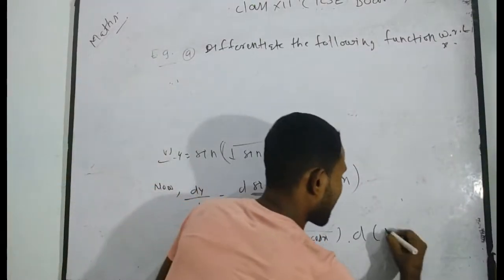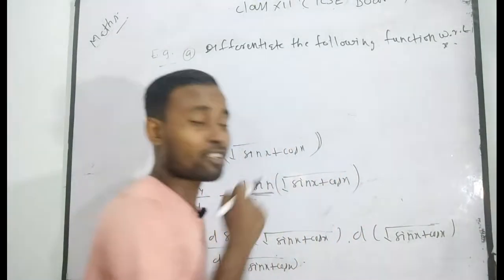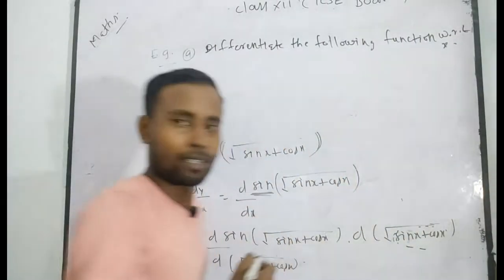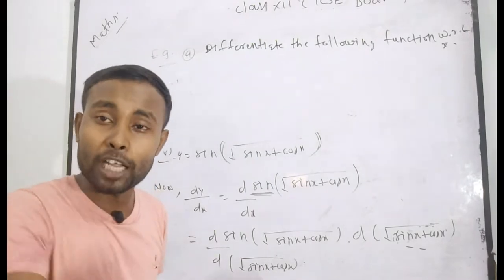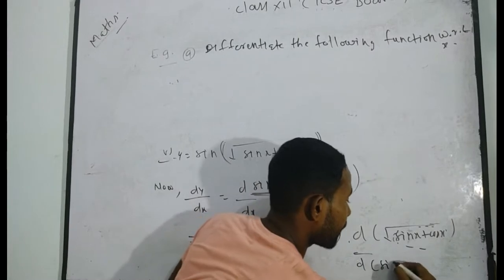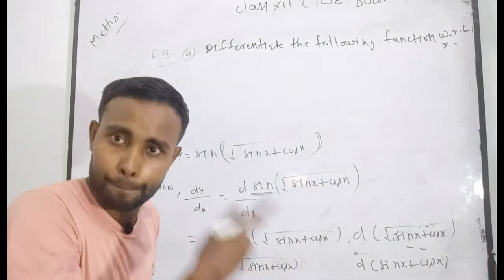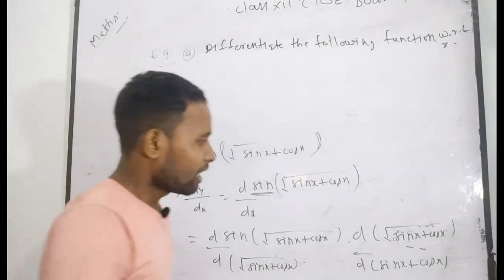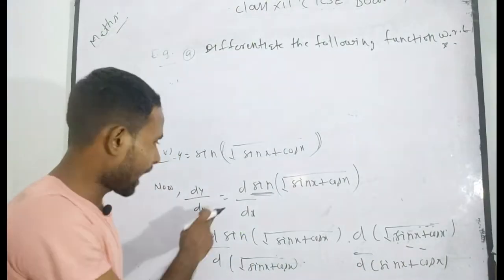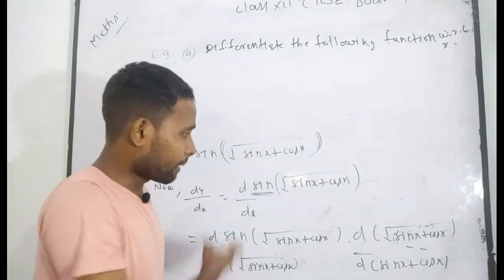If you take the derivative of root under sin x plus cos x, you see the outer function is root, and suppose this is p, in that case it becomes root under p. As you know, root under p is differentiated with respect to p, so it will be the derivative of sin x plus cos x, where sin x plus cos x is equal to p. Now I want to tell you again, but you need dx here, but it is not the same, because I have used equalization.